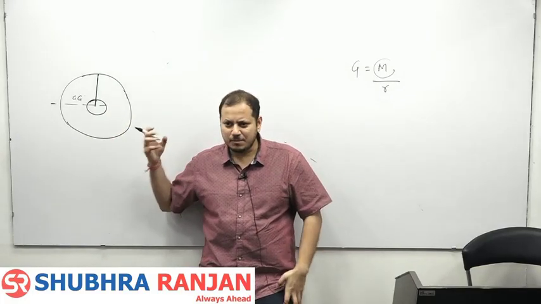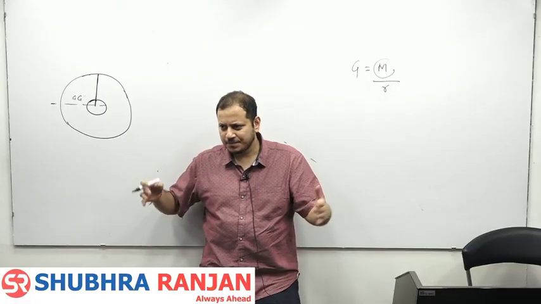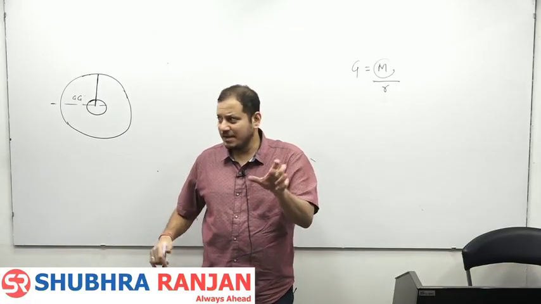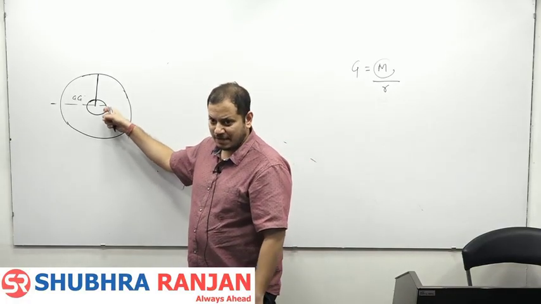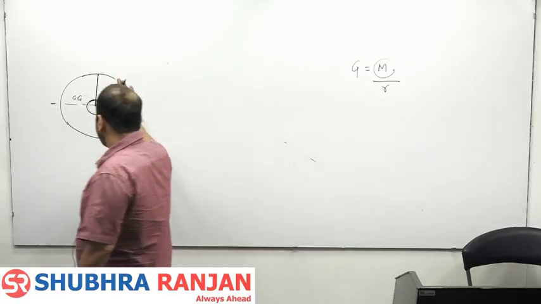It may obviously be pulling the center of gravity towards itself. So he calculated that if this is my ideal position of the center of gravity, due to the pull of Mount Everest,